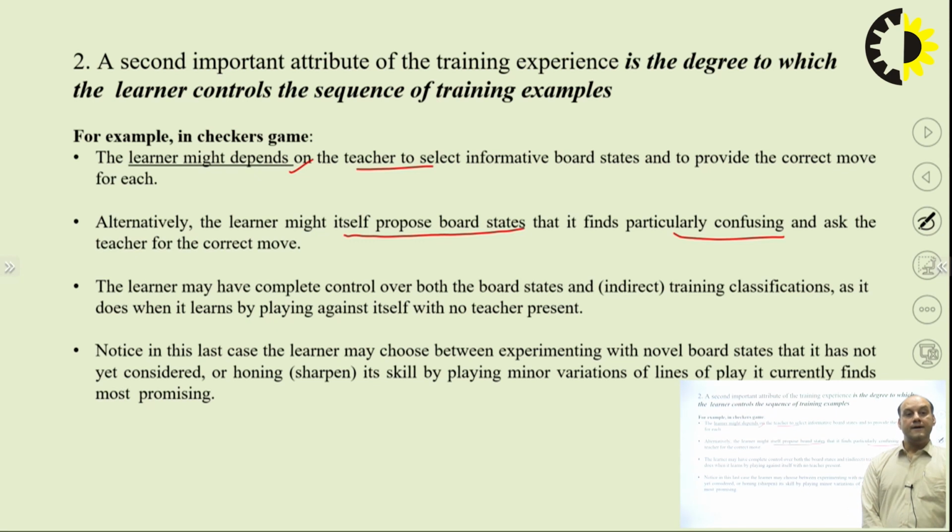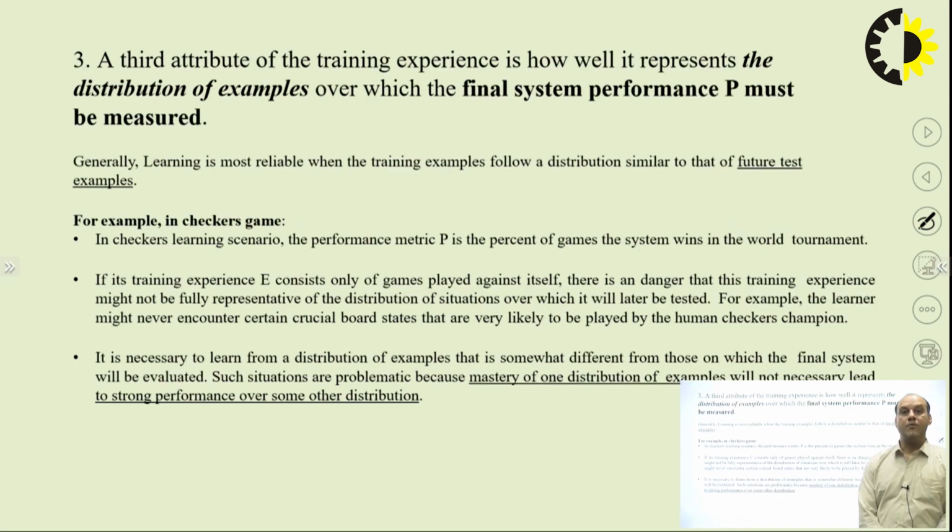Now what happened? Now the learner has complete control over both the board states and the training classification, as it does when it learns by playing against itself with no teacher present. So if the teacher is not present, then what will we do? The learner will play by itself and learn what moves are the best moves. And the third important